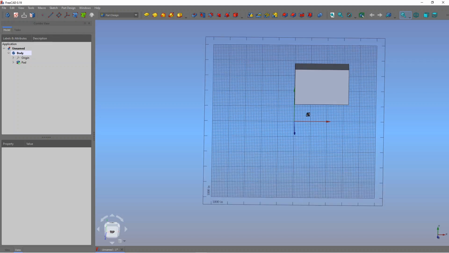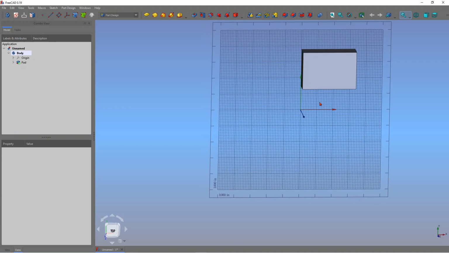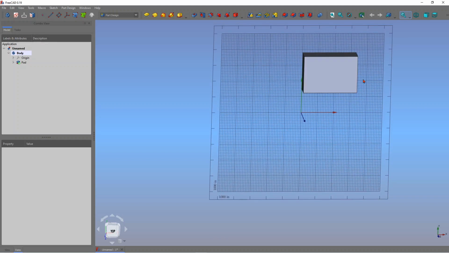So you have a 3D body, and this time rather than using a sketch, we use the Draft tool to create it. So the advantage with the Draft tool is that it can be used in conjunction with the sketch. So sometimes it is advantageous to do that because sketch always does 2D,